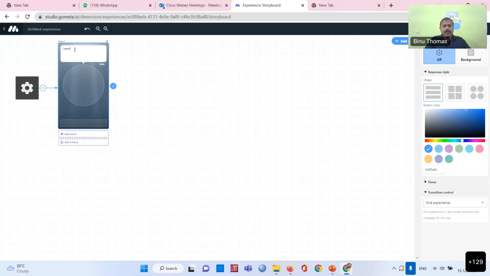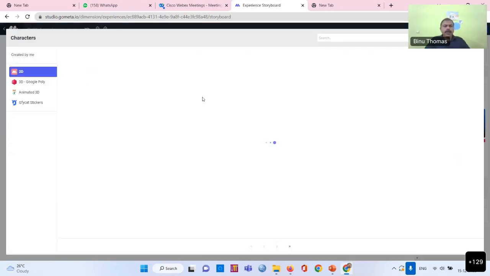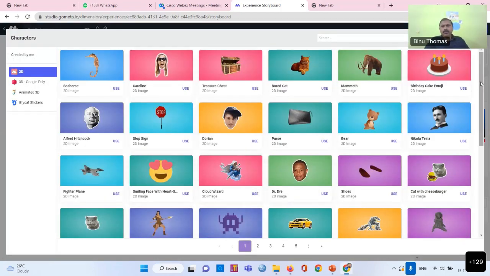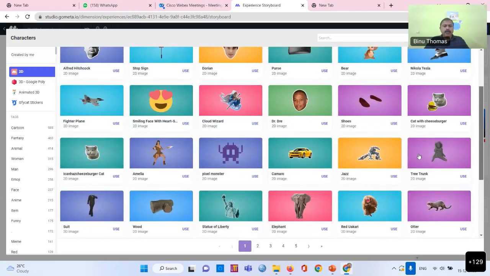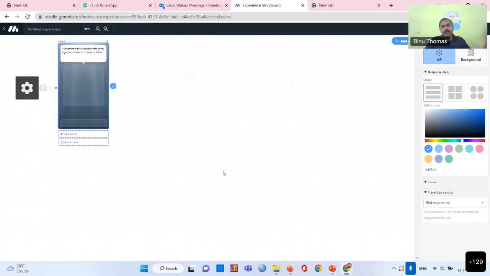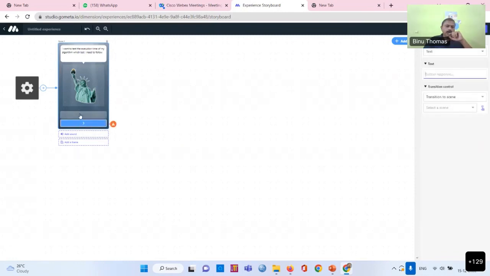Just like you can ask, I want to test the execution time of my algorithm. Which test do I need to follow? Then here you can bring some interesting images or emojis or something like that, and it will be displayed there. Many you can search from the net also. I'm just bringing, and here you can give the options like